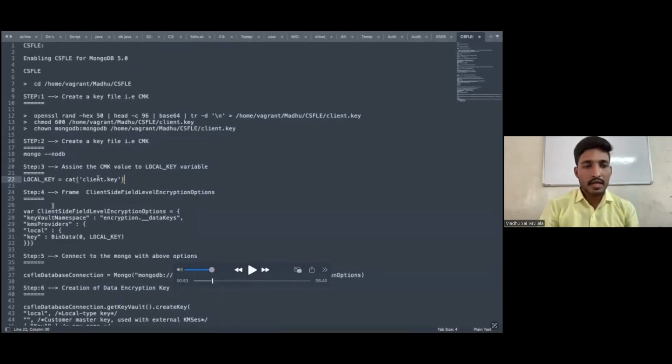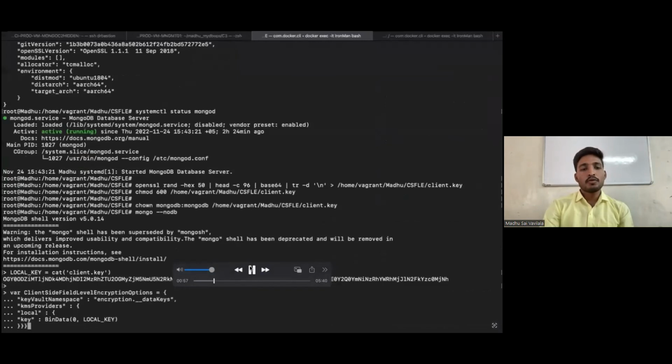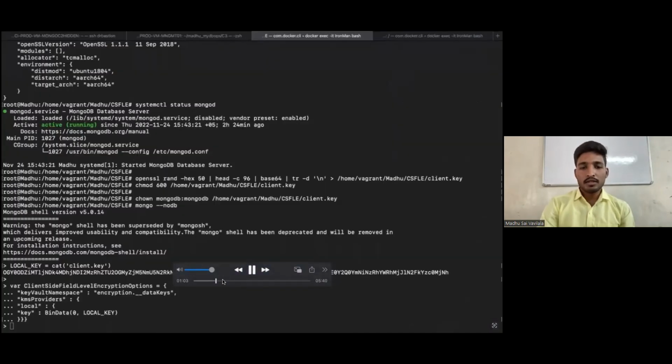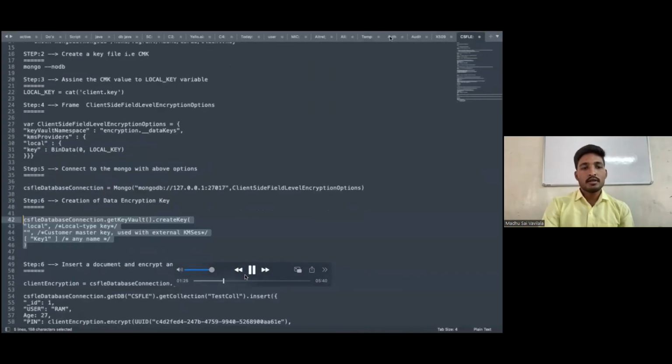Assign the customer master key value to the local file, and we configure the client-side field level encryption options. Later, we create the data wallet, which consists of the namespace where the data encryption key needs to be stored, and then connect to Mongo with those options.